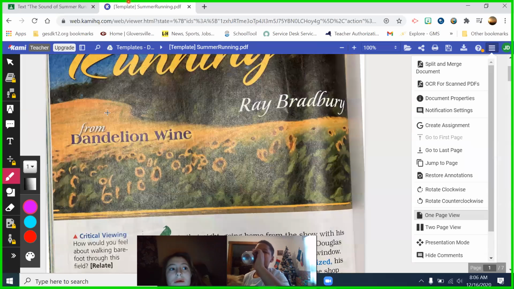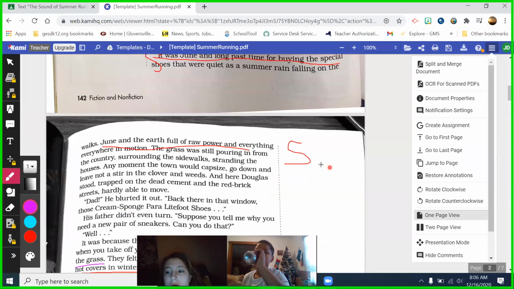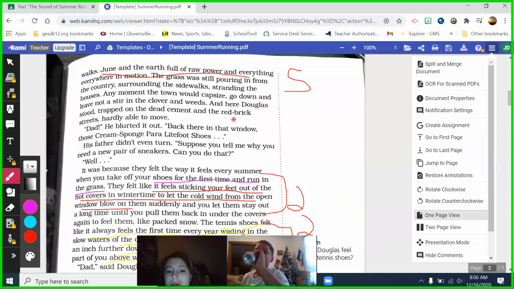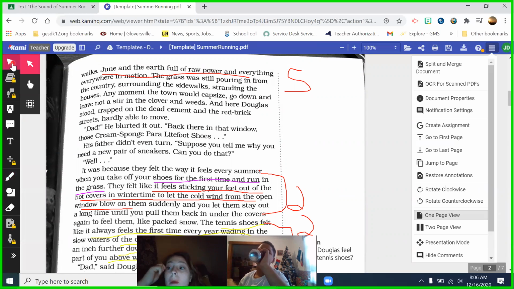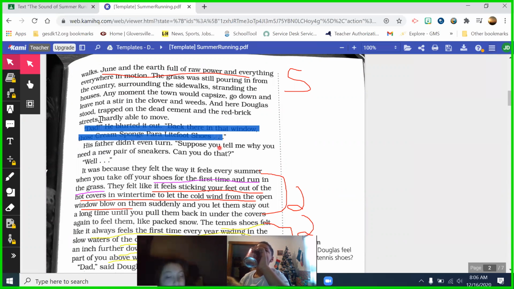Okay. If today, when I'm filling out my graphic organizer, I want to copy and paste text from the text right into the graphic organizer to make my life easy, I'm going to come up to this arrow up at the top of Cami. I'm going to click on it because that's my selection tool. And then I'm going to find the text that I want to copy and paste. And it's not exact. I don't know why. So I would highlight or select the text that I want, right?